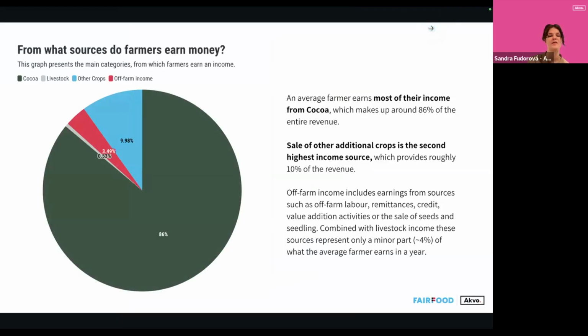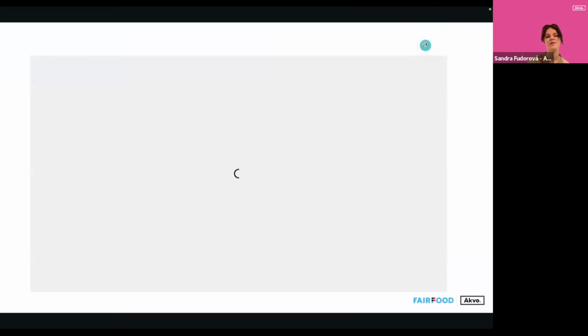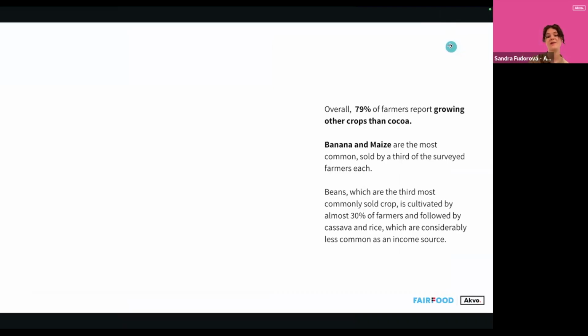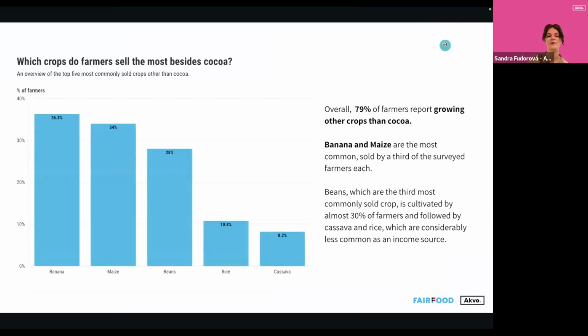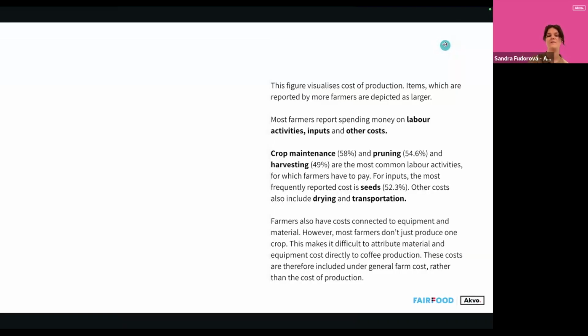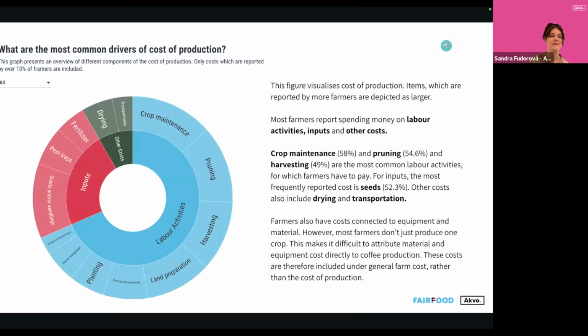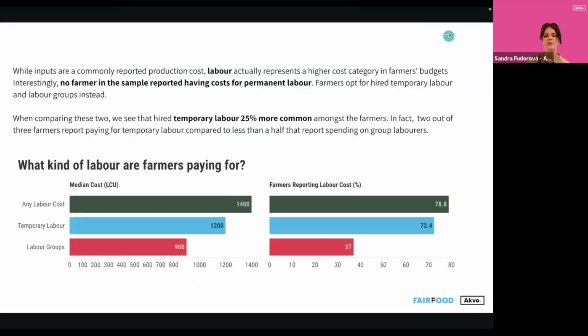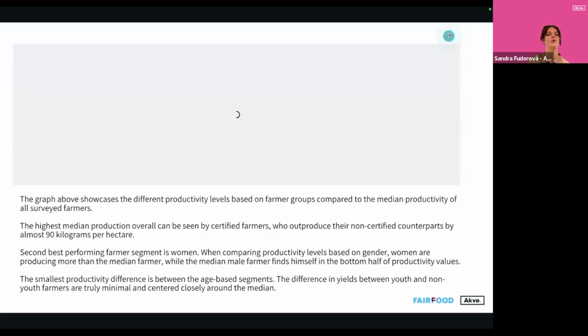and we also offer examples of different visualizations that we do, such as this one that tells you how much of a household's income is coming from which sources, or other visualizations that are more targeted at different segmentations that we do that compare different groups within the farmer population that we have collected data on. And it's also, in my opinion, when you get your data to look nice, it also inspires people to pay a bit more attention to what you are trying to show.